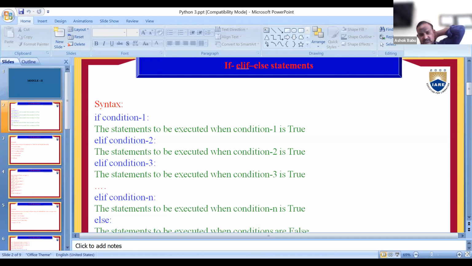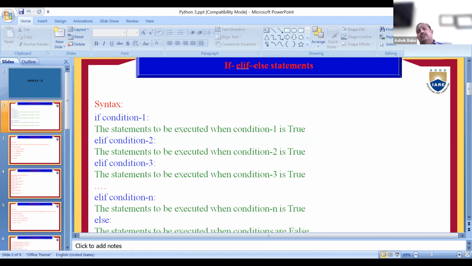Elif, if the statements are wrong, elif condition 2, the statements to be executed when condition 2 is true. Again, if condition 2 is false, then it will go for condition 3. Elif condition 3, the statements to be executed when condition 3 is true, like that.